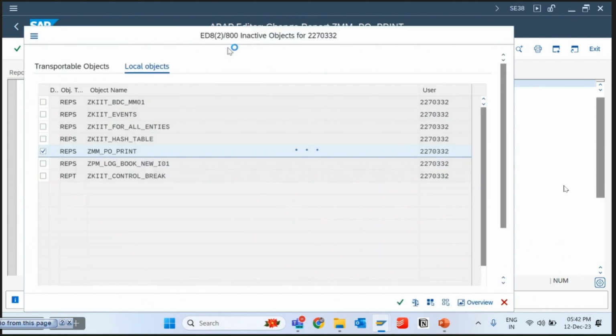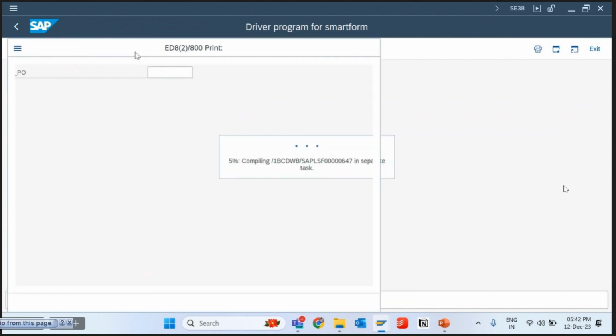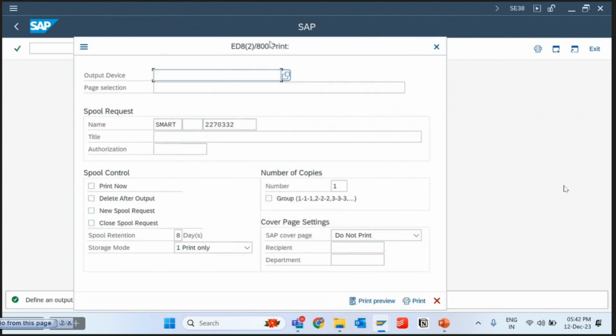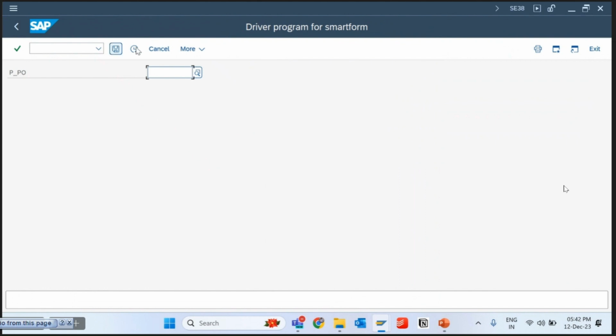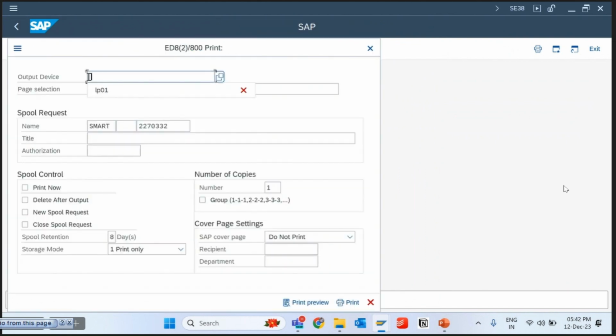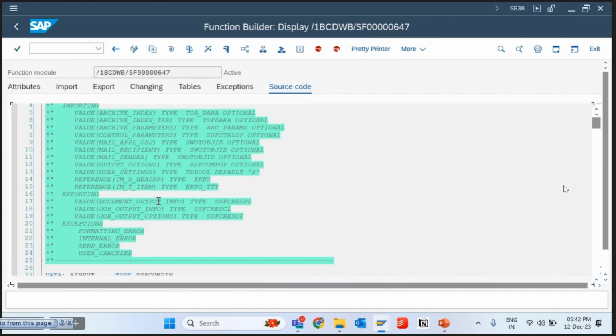Done. Now I'll execute. I'm not providing anything because I'm not writing code now. I'll be writing after some time. Execute. So now the same pop-up has been displayed. And here I can give LOCL, LP01 and I can execute. Okay. So there is a provision. We can directly provide this value from the program output device. Okay. So if we go to this function module,